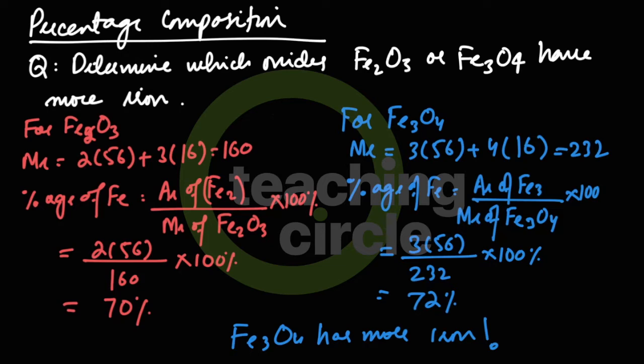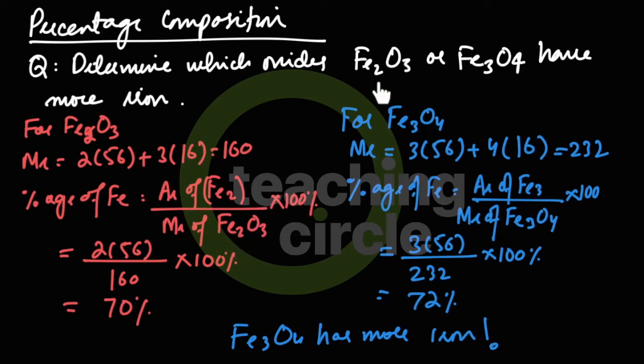they are asking you to determine which oxides, Fe2O3 or Fe3O4, have more iron. So what you do is you will determine the percentage mass of iron in both of the oxides and then compare. Now, to calculate the percentage mass of the iron, you will need the AR of all the atoms of iron present in that particular molecule, and then divided by the total relative molecular mass of the oxide, and then multiplied